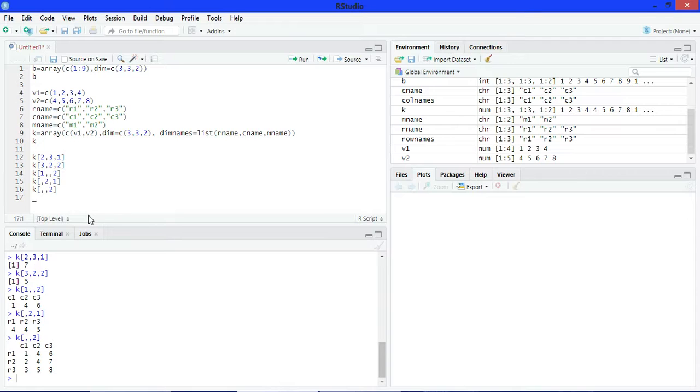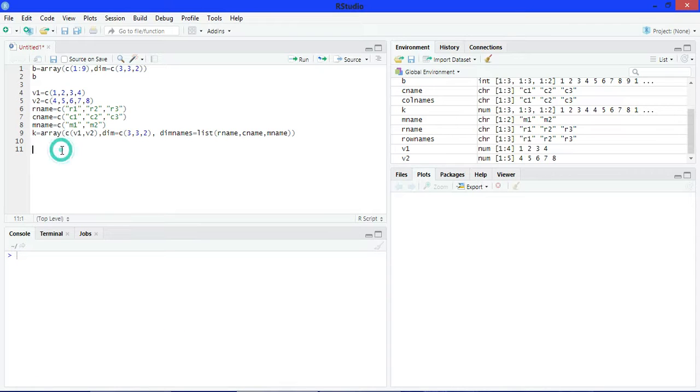Now see the use of the apply function in array. Apply function returns the sum in the array. See, clear it. Now use the apply function.